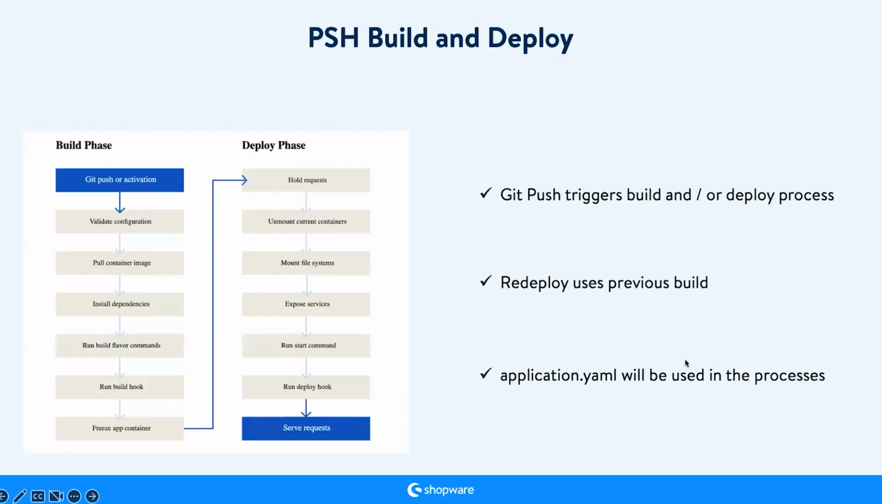So for PSH Build and Deploy, this was also mentioned before. We have our Git push triggers that trigger the build and deploy process. Redeploy, for example, uses a previous build so that the runtime is faster, and the application YAML will be used in the process to run through so that everything is set up as wanted, and it just goes step by